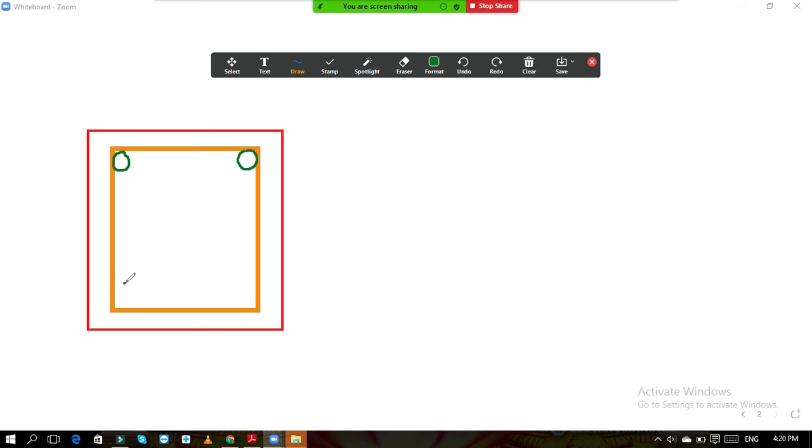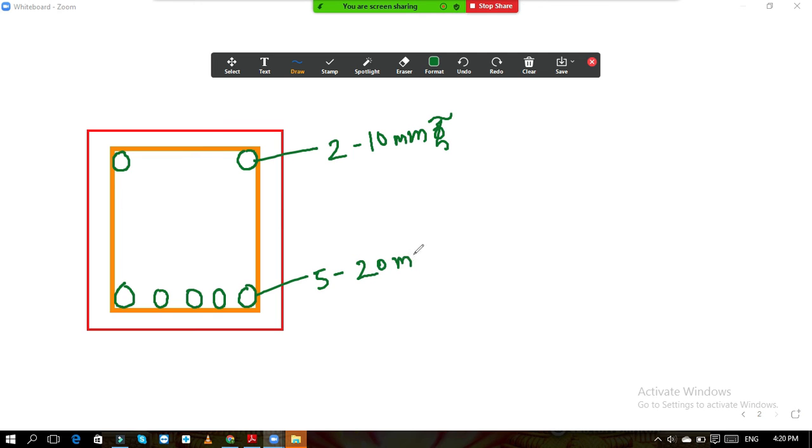At bottom, five bars are there: 1, 2, 3, 4, 5. So here I will write two bars of 10 mm diameter at top, at bottom 5 bars of 20 mm diameter,